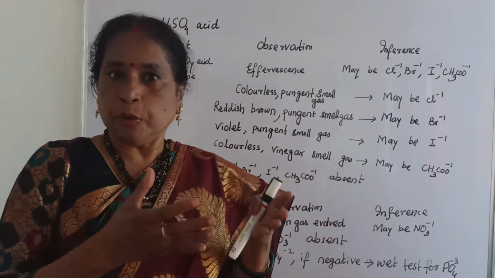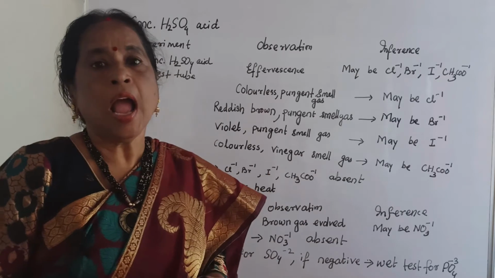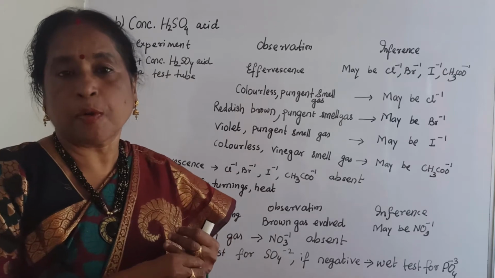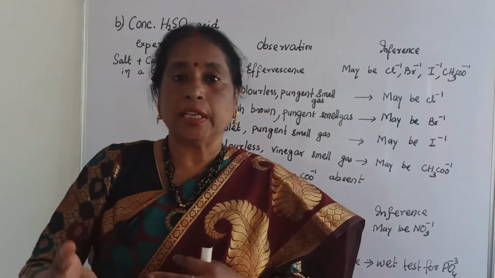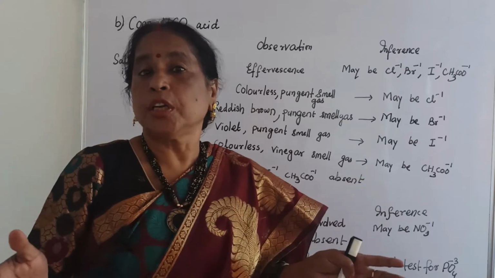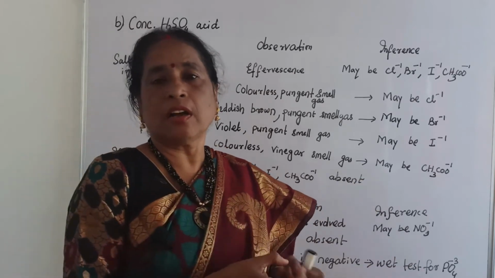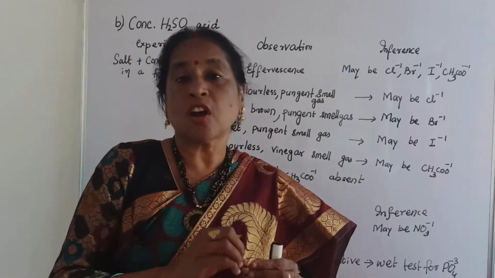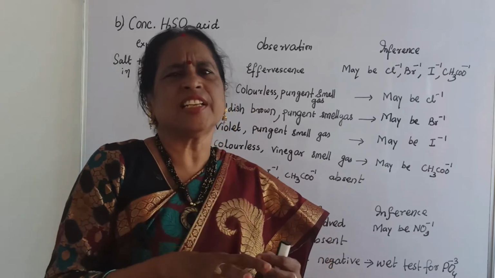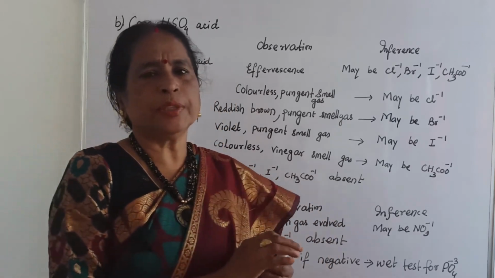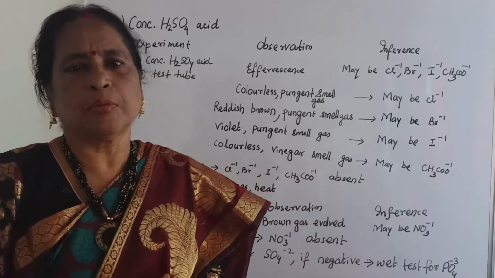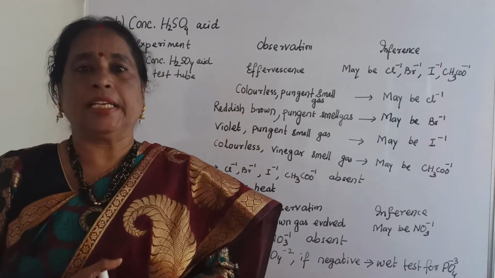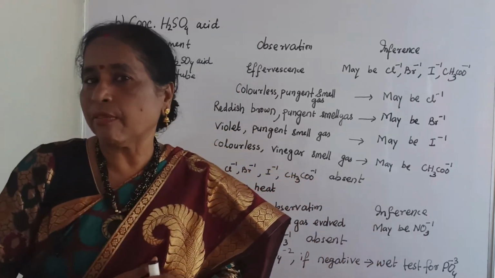Again, see from the beginning how to proceed. If a salt is supplied to you, how can you find the acid radical? First, in the observation, see the color of the salt, the structure of the salt, and the solubility. Generally a white or any colored salt may be given, generally a crystalline salt, and generally a water soluble salt is given to you. Then what to do? First you do the first group test. First group means first level test.